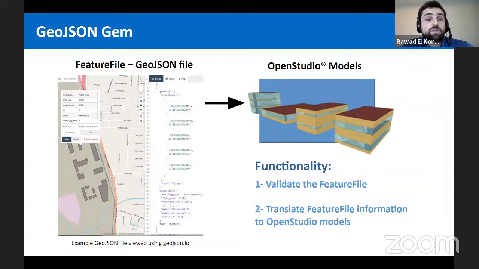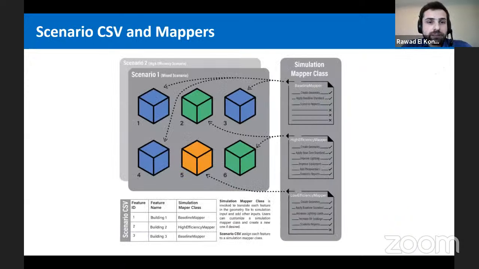This GeoJSON Gem, which is a module, has methods that can, first of all, validate the feature file, just to ensure that all the required properties are there and that they are in the correct format. And it has a lot of other methods in order to parse this information and do this translation into energy models. Next slide.